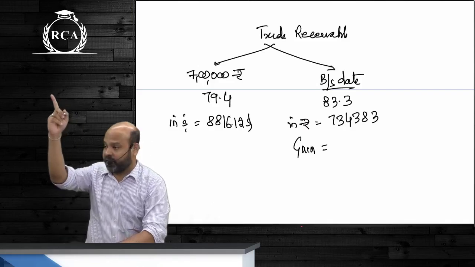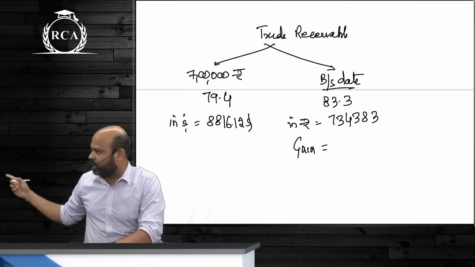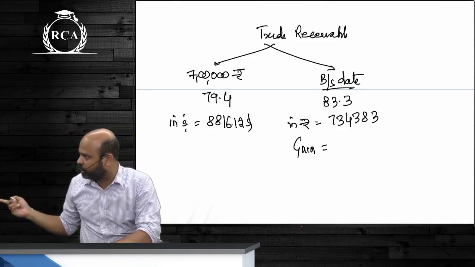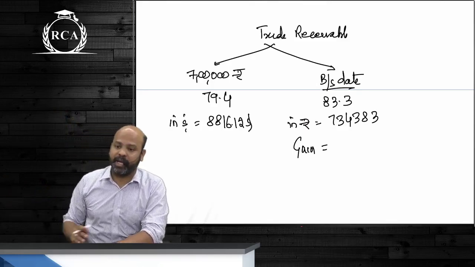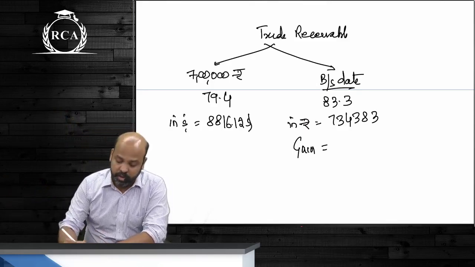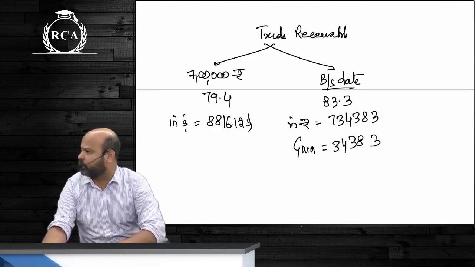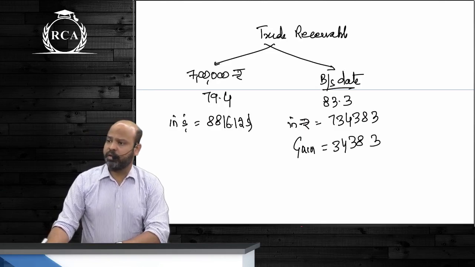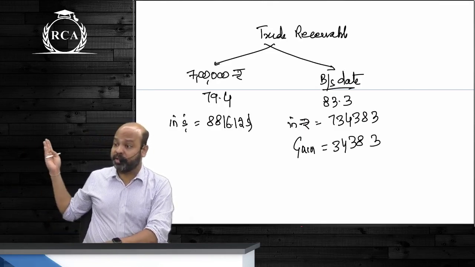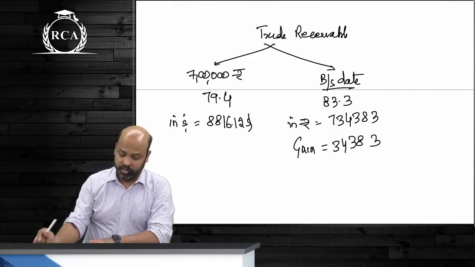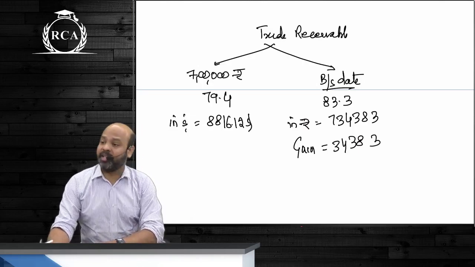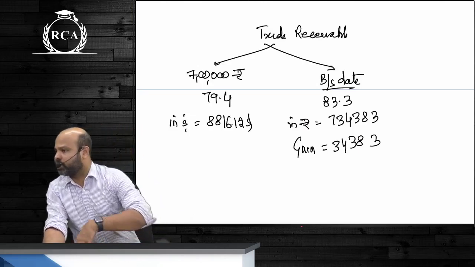You recorded 7 lakhs, it will now be restated at 7 lakh 34,383. Is it a receivable or a payable? Receivable. Receivable बढ़ रहा है. Will that be a gain or a loss? Gain of 34,383. हो गए first two bits. Same thing for loan. Guys, we did so many questions based on this, beta, in AS 11. We have to restate the amount as such, guys, at closing rate. समझ में आ रहा है?